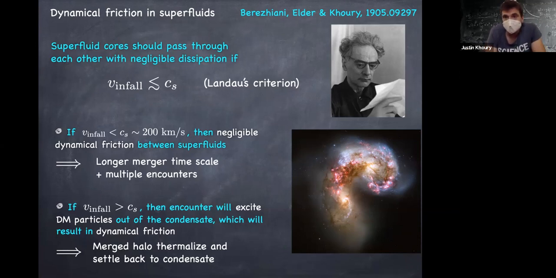You see, because dynamical friction really relies, as my picture showed, on the individual rearrangements of particles. And that's, of course, impossible in the superfluid, where the only excitations are sound waves. They're coherent excitations. Now, of course, I should say that ordinary stars and the outskirts of the dark matter halo, which are not in the superfluid phase, those will experience dynamical friction as usual. But at least the merger history in this model should be somewhat different, hopefully observationally different, owing to this slight suppression of dynamical friction.